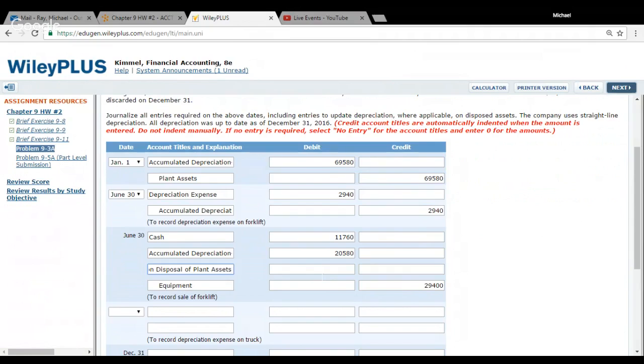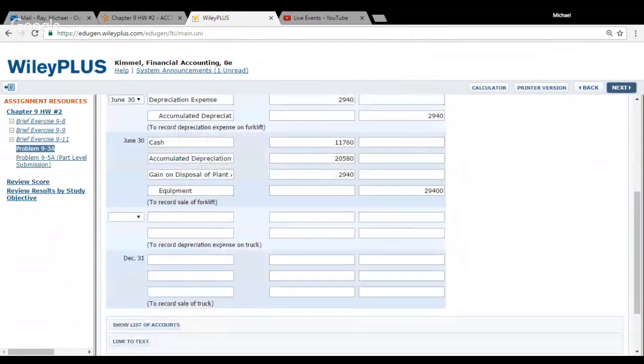money selling the forklift, because we know that the forklift lost $20,580 in value from 29,400. So that left us with about $9,000 left over, and we sold it for closer to 11,000. So that amount right there, 2,940, is our gain. And if you add these 3 together, they're going to equal the equipment cost there. So we move on to our next entry,